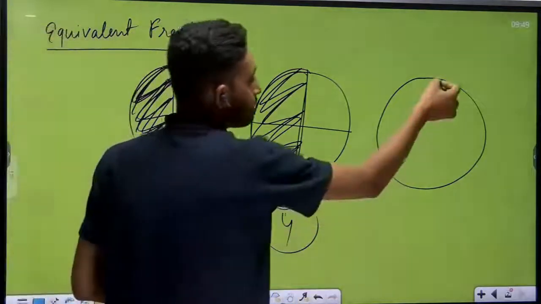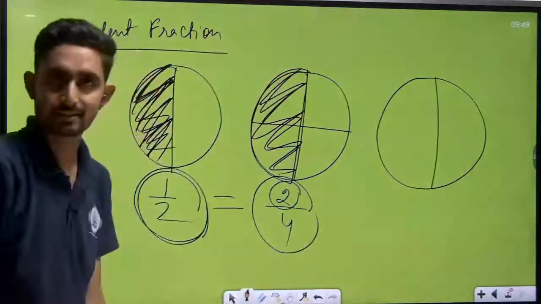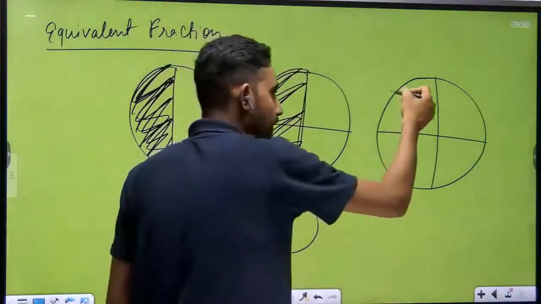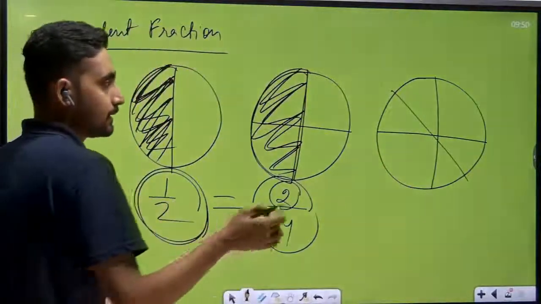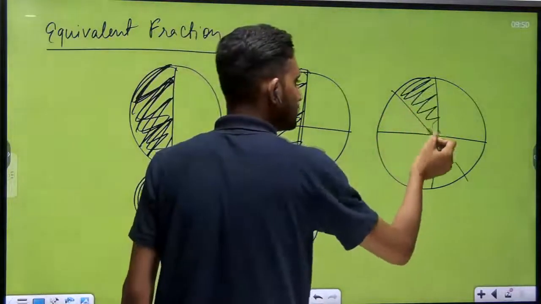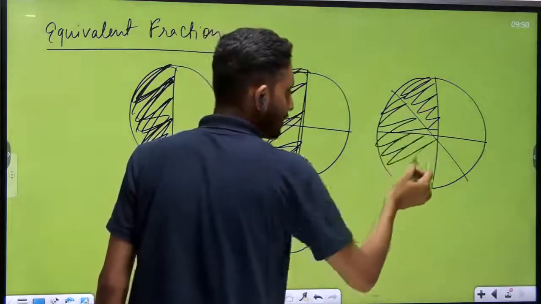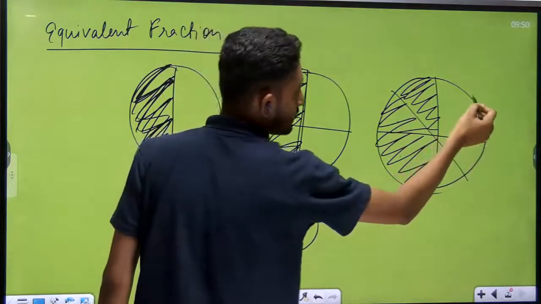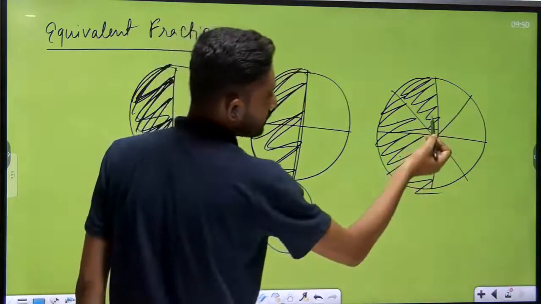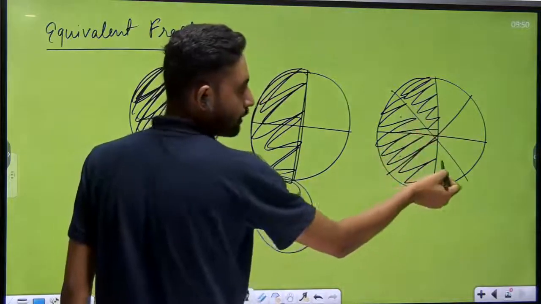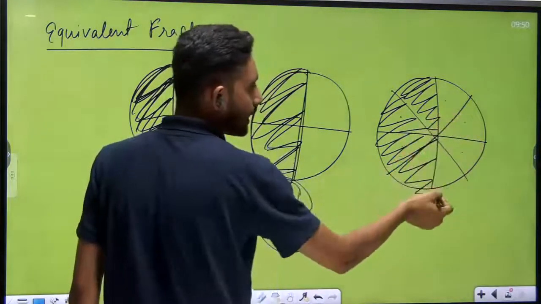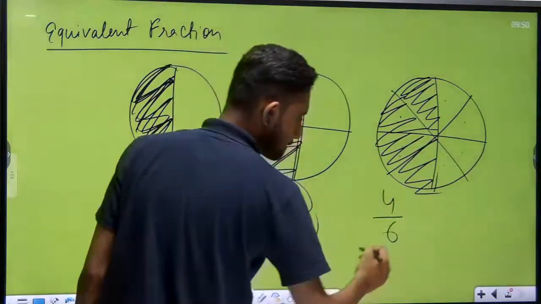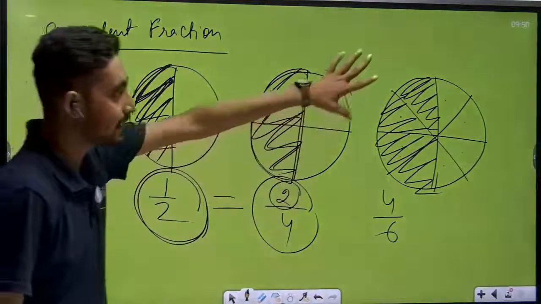Similar way, if I cut this one into 2 equal parts, after that 4 equal parts, then 6 equal parts, see all of you properly, then if I want to write down this portion, then आप इसको कैसे लिखोगे? 1, 2, 3, 4, 5, 6. Okay, I will just cut like this. Just wait. Okay, now see all of you. 1, 2, 3, 4, 5, 6, 7, 8. And if you want to write this portion only as a fraction, then we'll write 4/6. 4/6. But areas are equal.